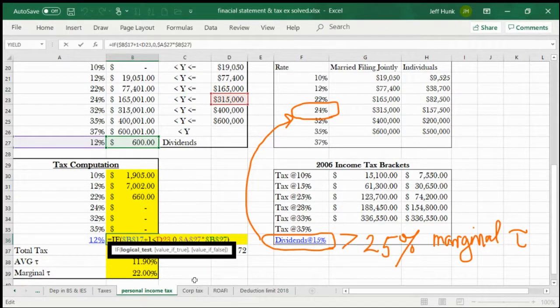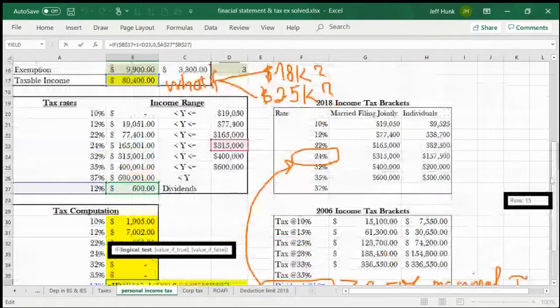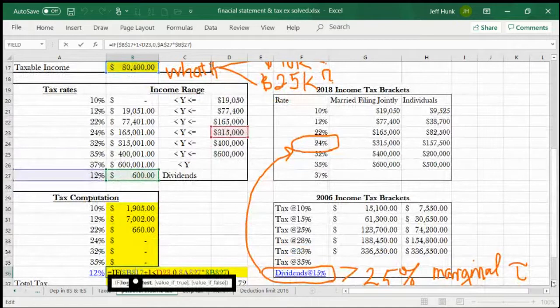So now think about it. B17 is our taxable income, right? And what does marginal mean? If you're making one more dollar, an additional incremental dollar, and if it falls into the next bracket, then you pay 12% on that. Otherwise, 0. So that's the logic here.